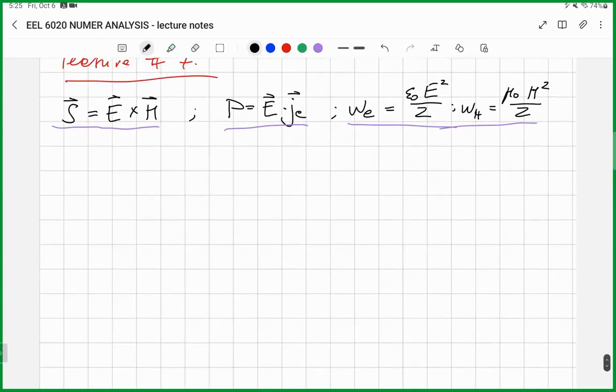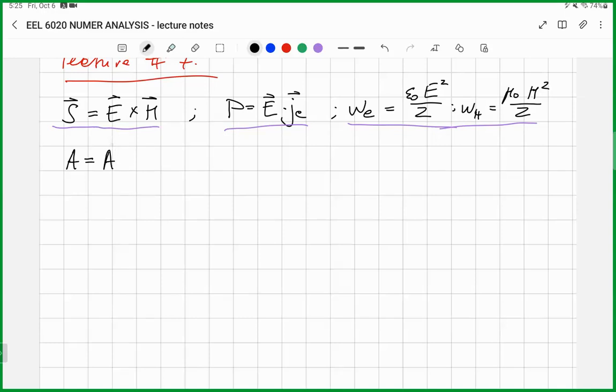Let's derive a formula in a general case. So let's consider, for example, a quantity A, which is a function of time, and we write this quantity in the complex form